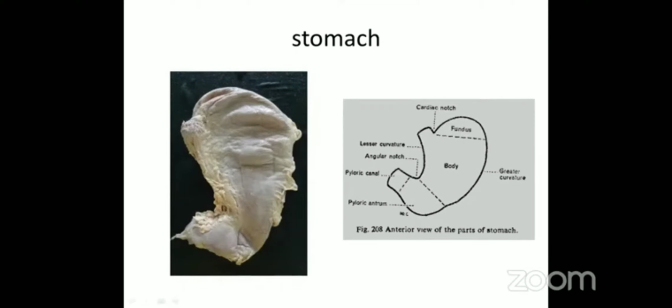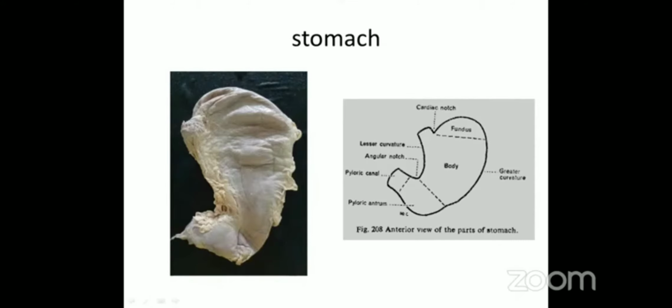And this is the anterior surface, and not just facing anteriorly, it should be the anterosuperior surface. So this is the stomach. Then next, what can be asked are the parts. So the part which is above this line, above the cardiac notch, is the fundus, then the body, and then the pyloric part, that is the pyloric antrum and pyloric canal. This is the lesser curvature, and this is the greater curvature. This can be asked as a part of LAQ.